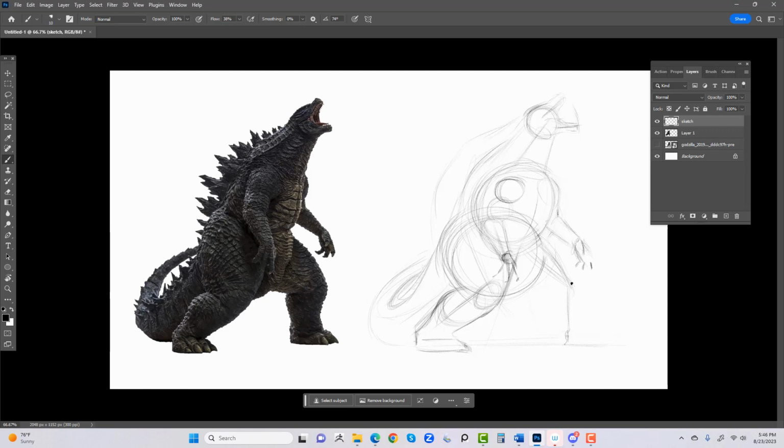Okay, so if you have a bunch of lines going everywhere, don't feel bad. That's awesome. That means your brain is working correctly and you're putting all of your thoughts down on paper. Now I'm going to do some measurements that I would be picky about later if I were to do a finalized sketch. Notice here how if I were to do a slightly angled line on his left knee,